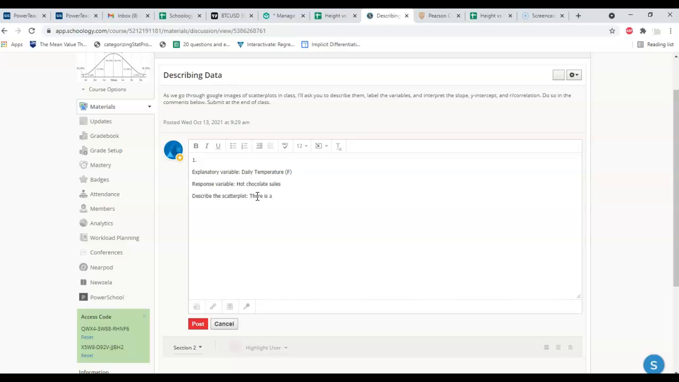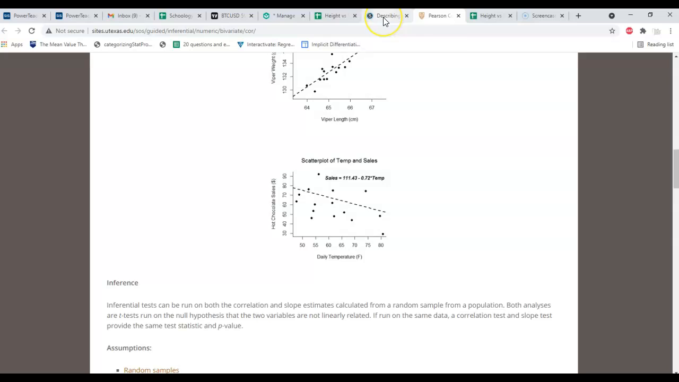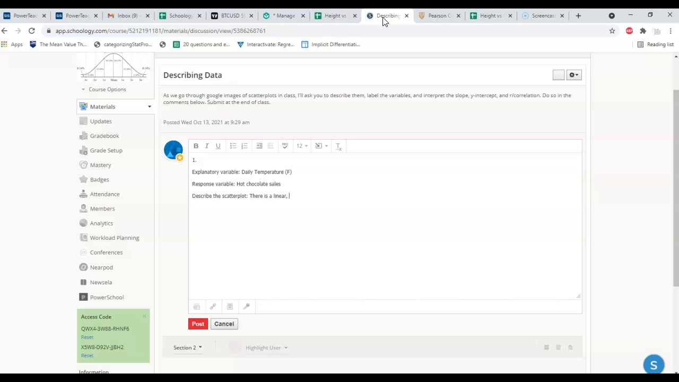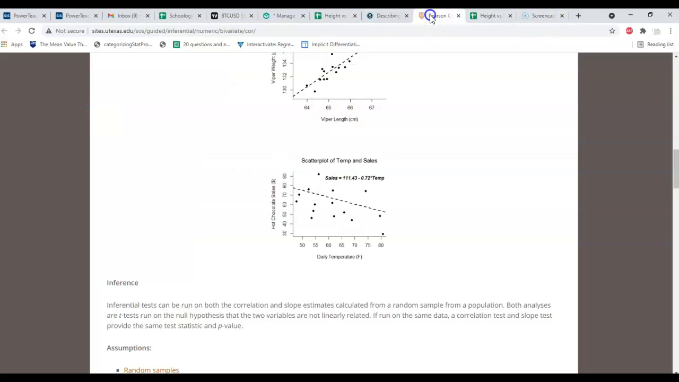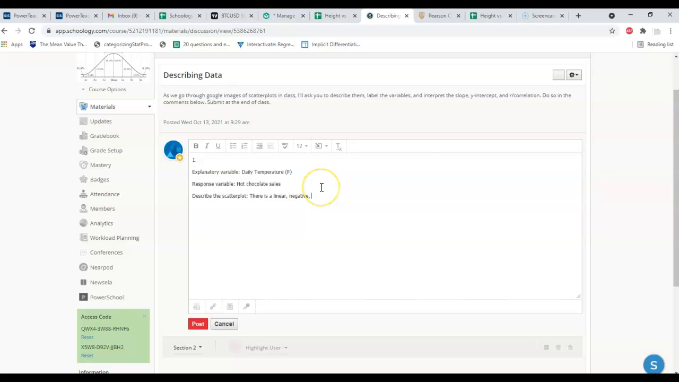You could do these in any order, but I usually go form, direction, strength. Is this linear or curved? If it's curved, it'll be very obvious, so it's almost always linear. Positive or negative? Negative. Strong, weak, moderate, where are we at? I think you can get away with weak or moderate. 0.5 is moderate, basically, and we're pretty close to 0.5. So you could say moderately weak, you could say moderate. I think weak would be accepted. I think strong would be marked wrong. I'm going to say moderately weak